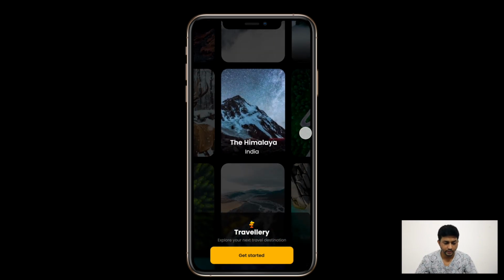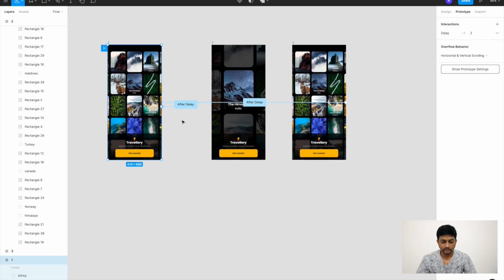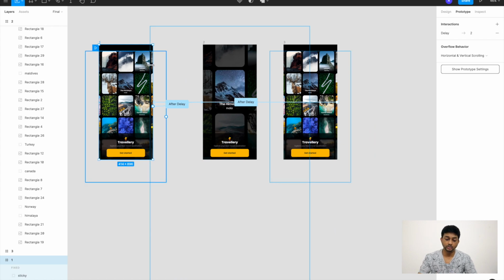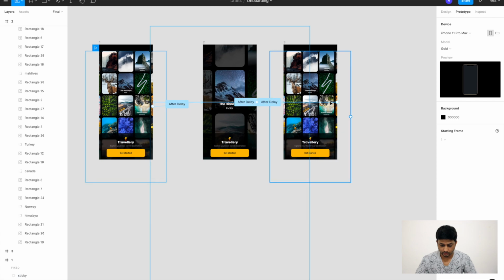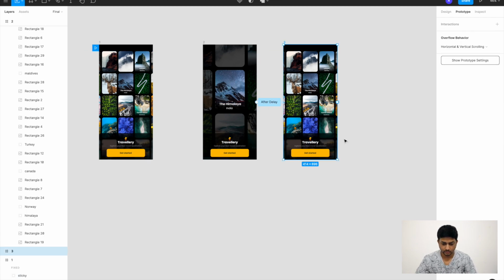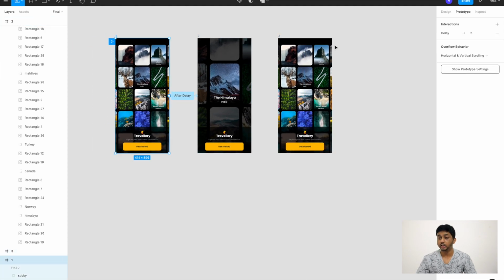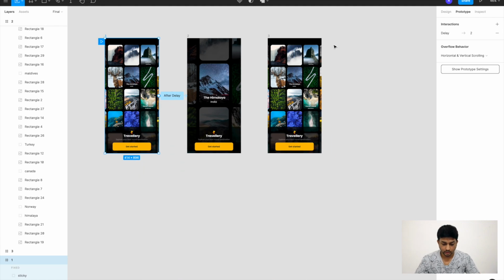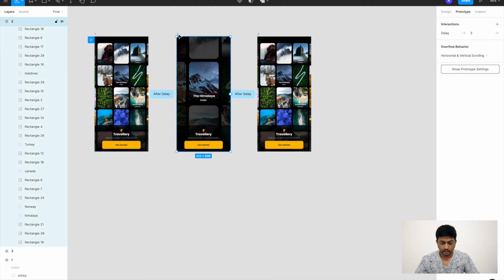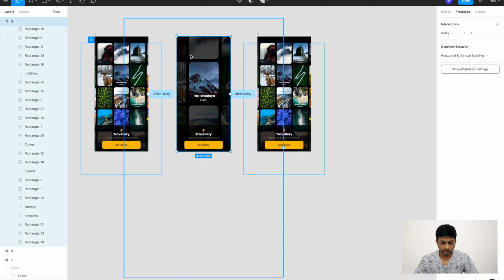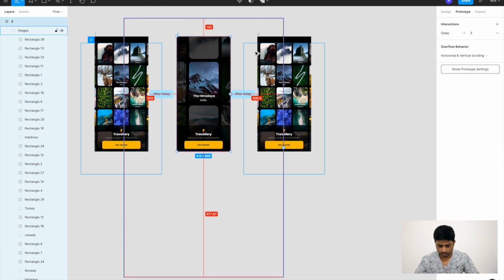This looks perfect. Now what we need to do is, all the other sets that we have created as images, we need to do the same animation for them as well. So I'll come here and I'll remove this one because this is just for demo. So the linking from third to first, I have removed. Now what I want is the same way we have done for 1 to 2 to 3, we need to do it for all the other screens. So let's create that, and I'll quickly speed up this bit. We'll create all of these GIFs again, same procedure.